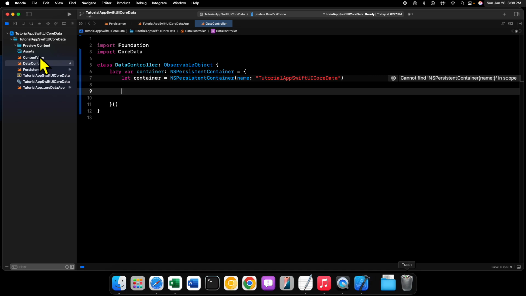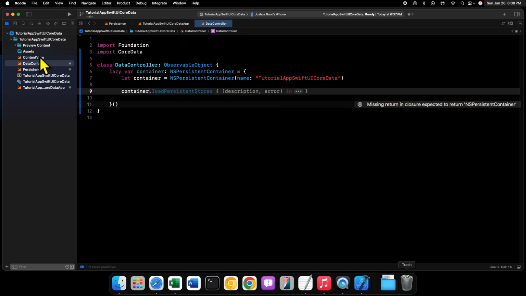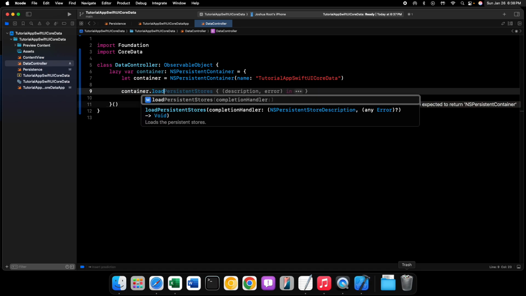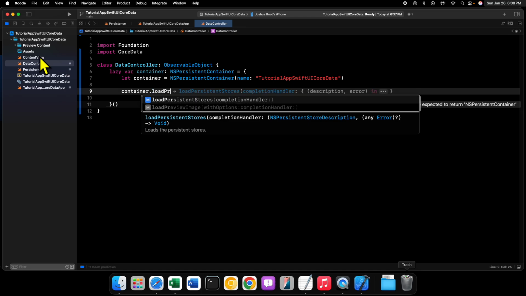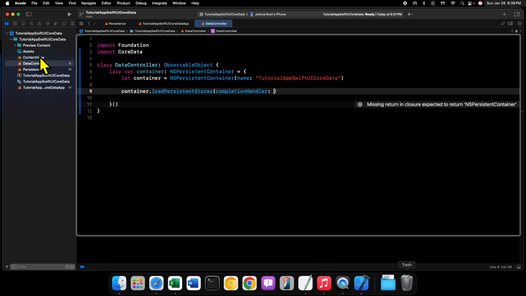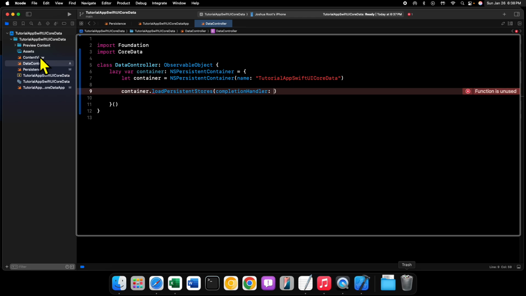And then we'll say container dot loadPersistentStores. And because this completion handler is the only parameter here in the